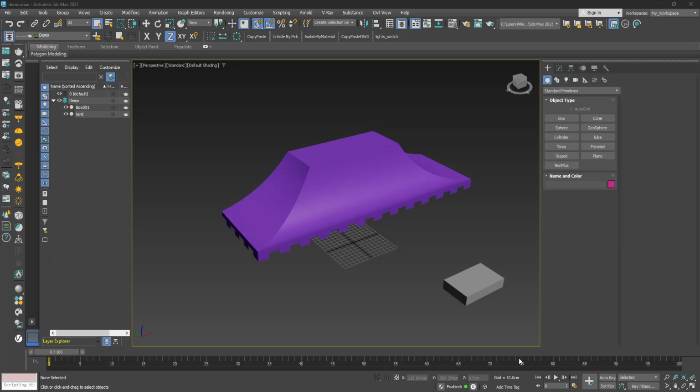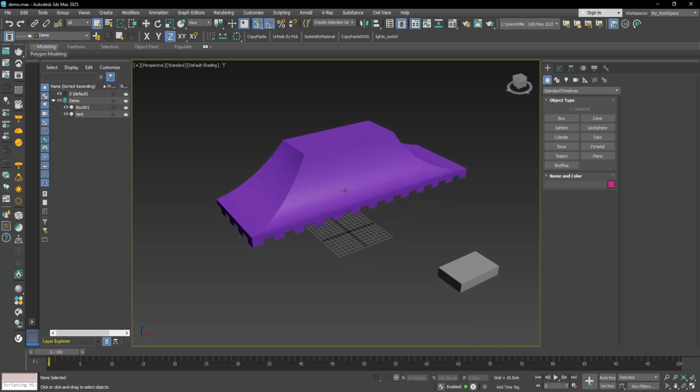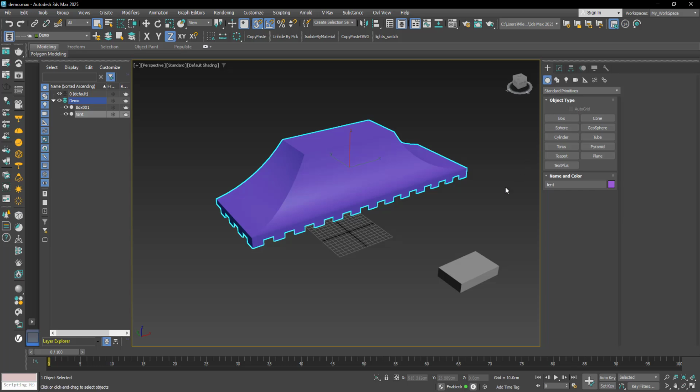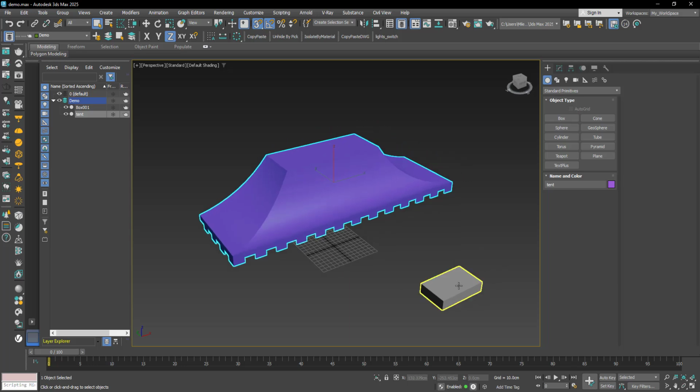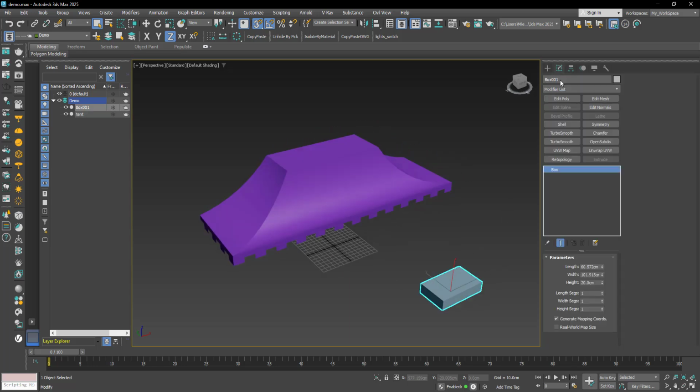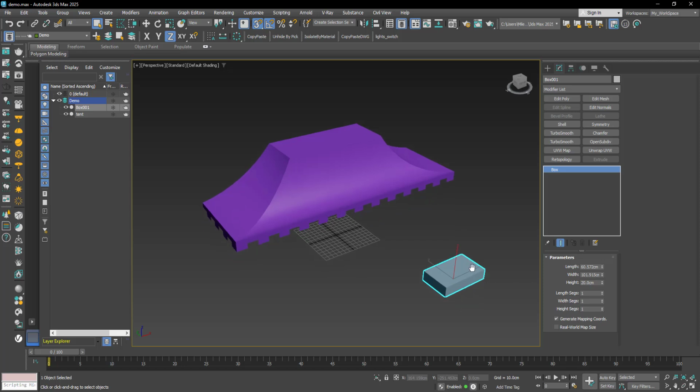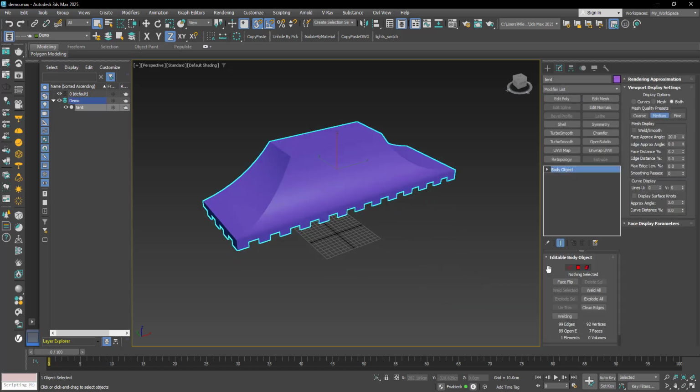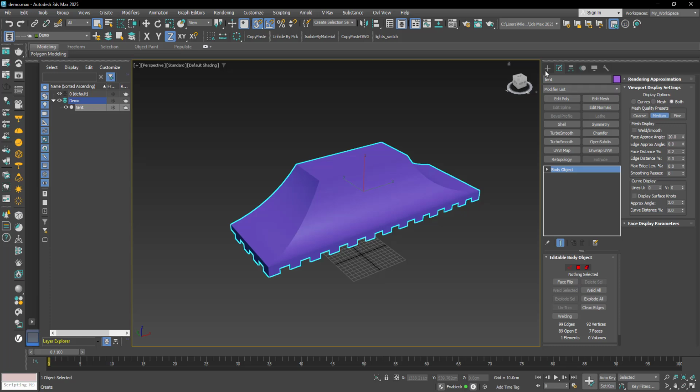Hi, in this tutorial, we will see how we can take a mesh and decide its width and length and height parametrically. Same way like when you have a primitive and you can see these parameters here. In a mesh, you don't have these parameters. So the way to do that,